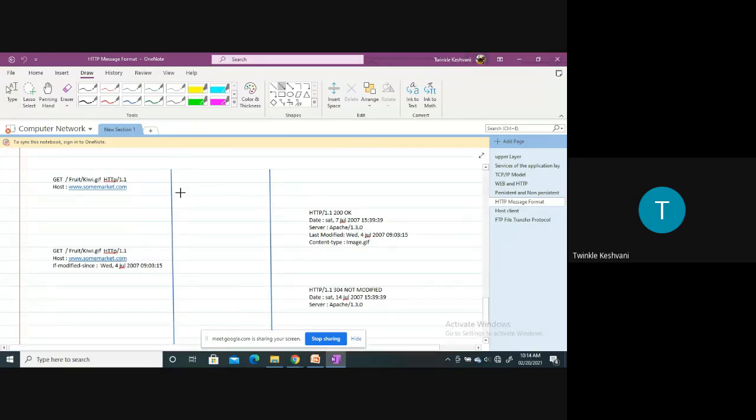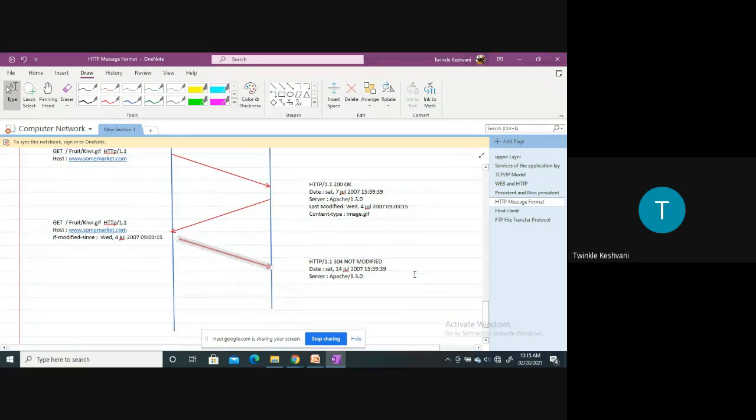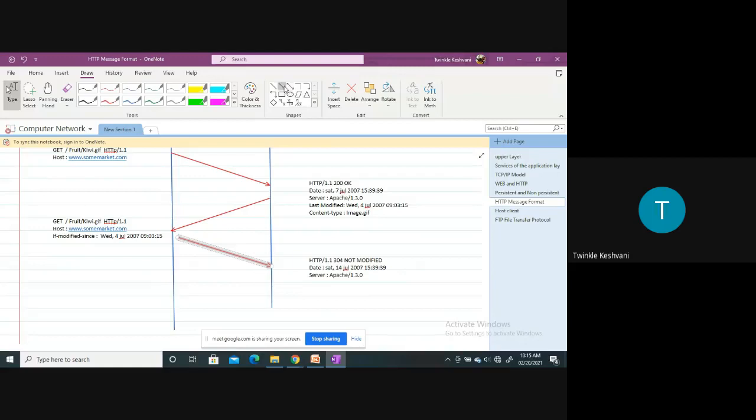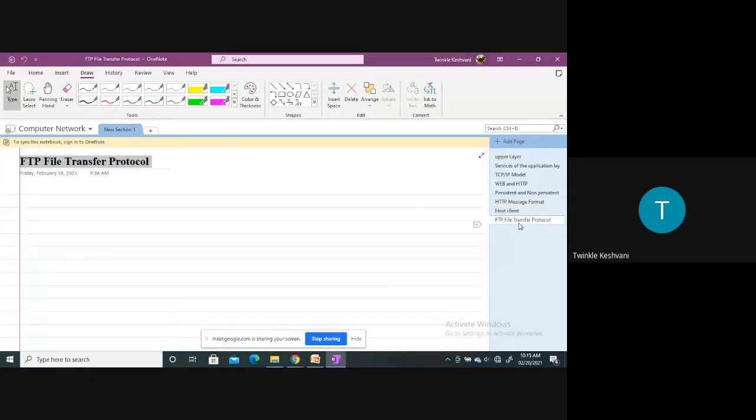I forgot to put the arrow, so it will be like this. So these are the things that we have already discussed in the last session, right?